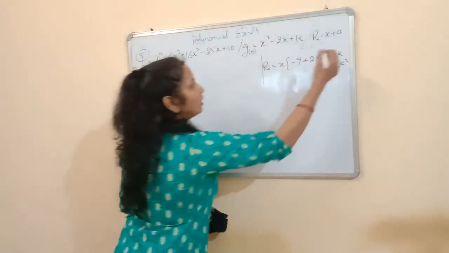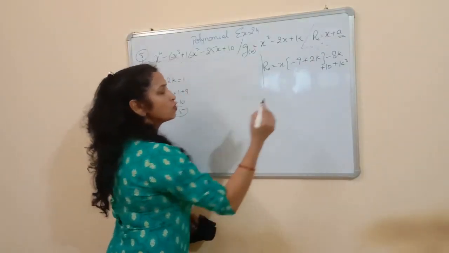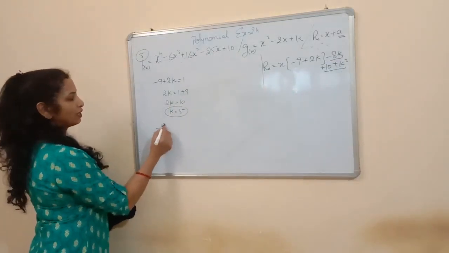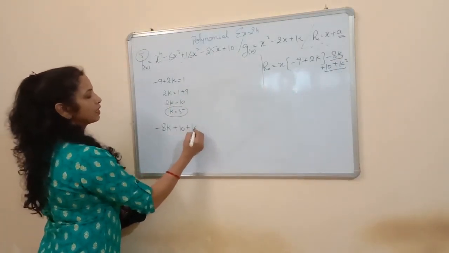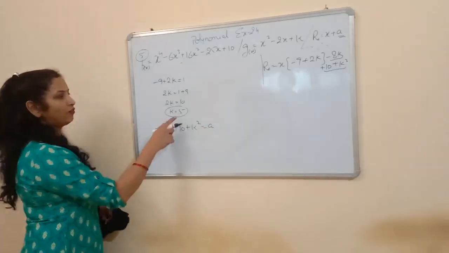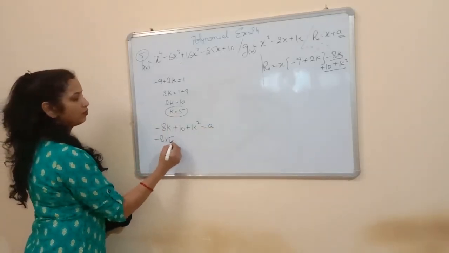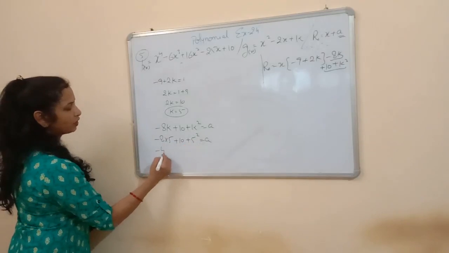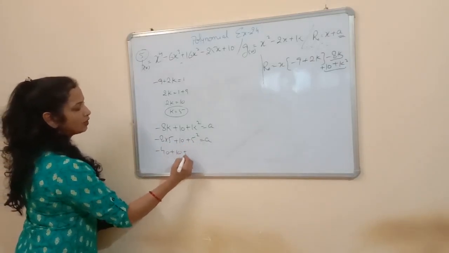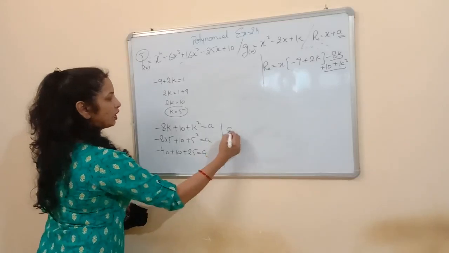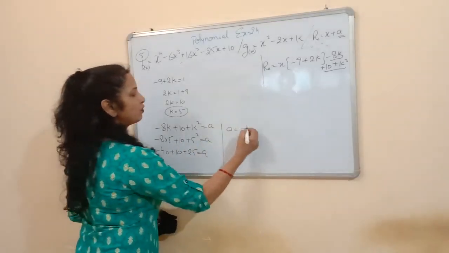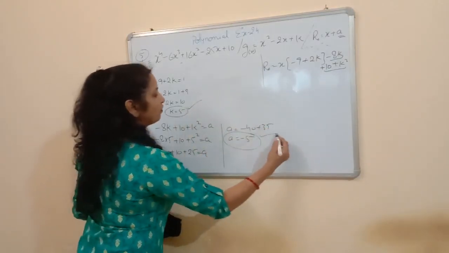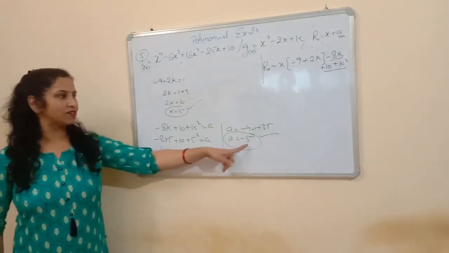Now we know that x plus a is the remainder. So it means all this constant value is a. जो भी कुछ बचा वो सब a है. तो a कितना है? Minus 8k plus 10 plus k square is equal to a. Now put the value of 5 here. It is minus 8 into 5 plus 10 plus 5 का square is equal to a. So solve this one. 8 fives are 40, minus 40 plus 10 and 25 is equal to a. Now a is equal to 35 minus 40, and we get the value of a is equal to minus 5. So these are the two values of a and k: a is minus 5 and k is 5.